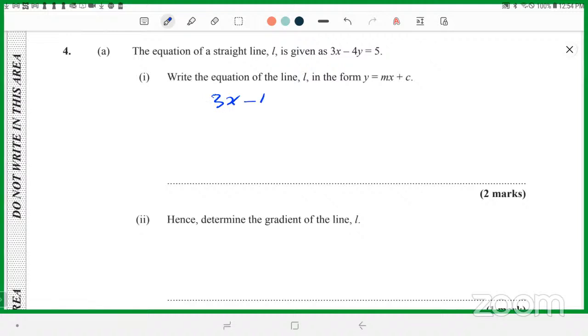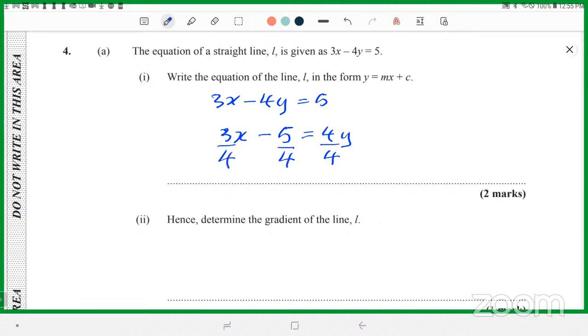3x minus 4y equals 5. I want the y value to become positive. So I'm going to transpose the 4y over this side first. And I'm going to transpose the 5 over onto this side. So I'm going to get that the 3x minus 5 is equal to 4y. All right, let me assume that is a yes. And then now to leave y as the subject, I need to divide through by 4,